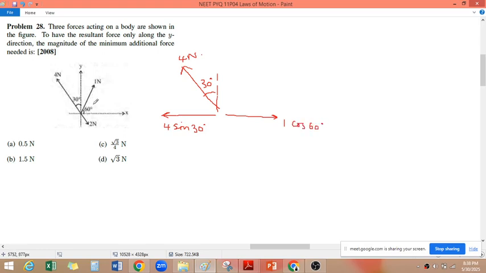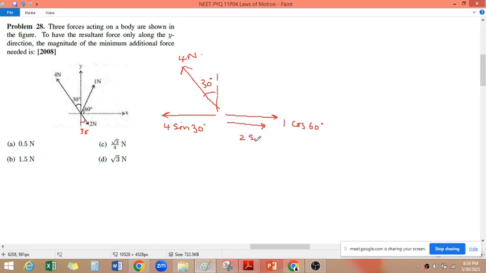Are you following? Because this is 60 degrees, so 1 cos 60. 1 Newton cos 60. This one, it's not clear what is the angle, but you know that if this is 30, this should also be 30 because this looks like a straight line. So if this is 30, this side it will be cos and this side it will be sine. So that means it will be